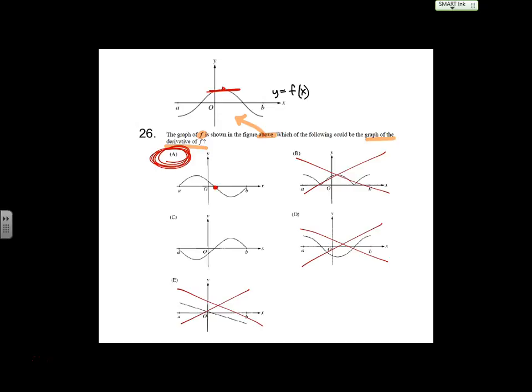Someone please give me a good reason as to why A is right. Kyle, since you can say that F is a cosine graph. No, don't say that. Something better, please. I want candy. Tom. It should be positive to negative. Yeah, he's saying it should be above and then below, because what is this graph doing? Increasing and then decreasing, which means above and then below. The only one that goes above and then below, and it's not linear, is A. Candy.